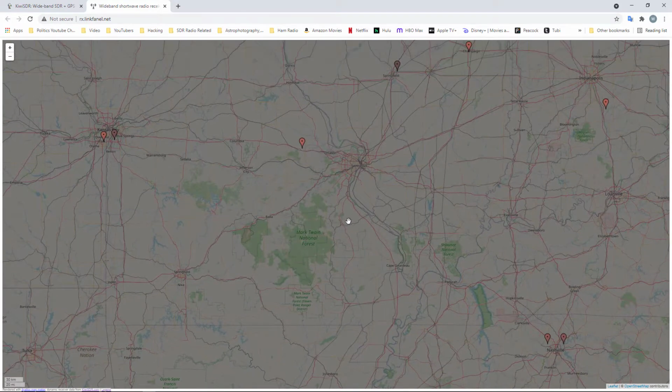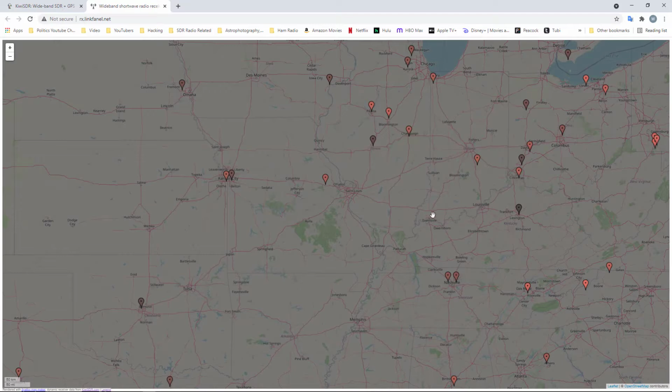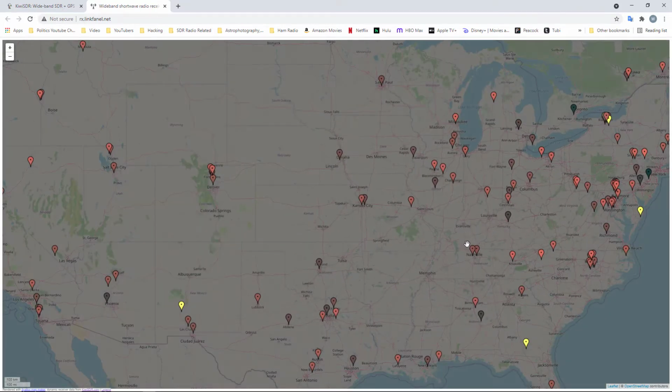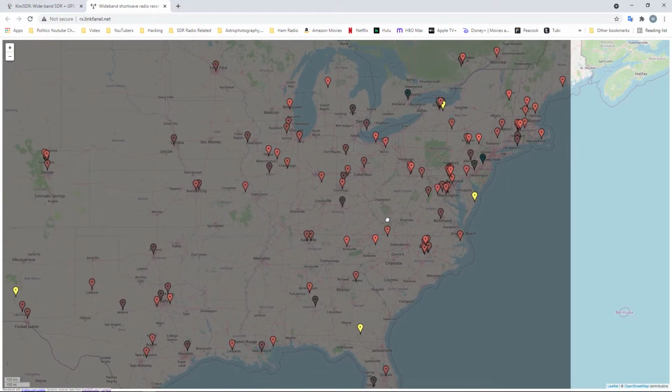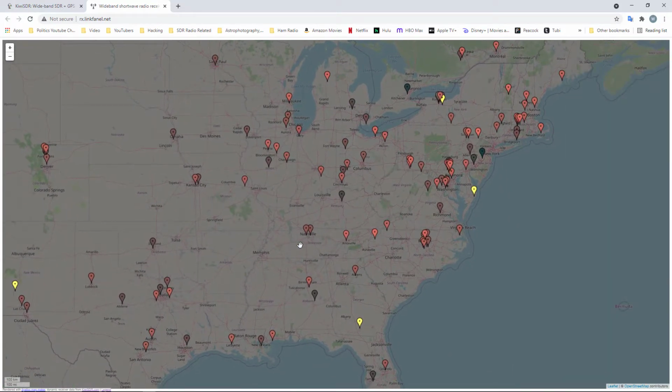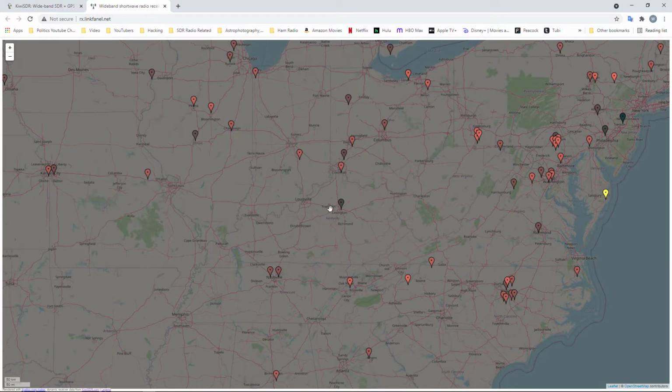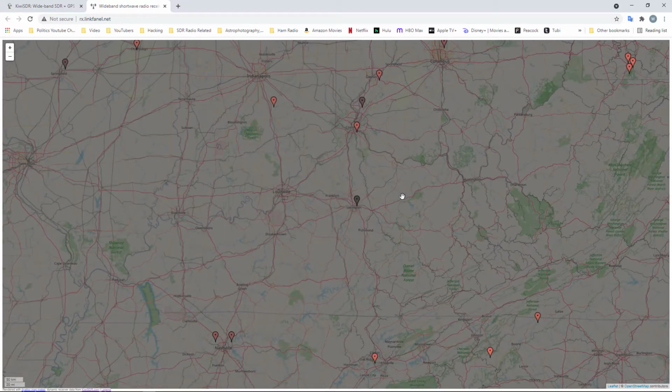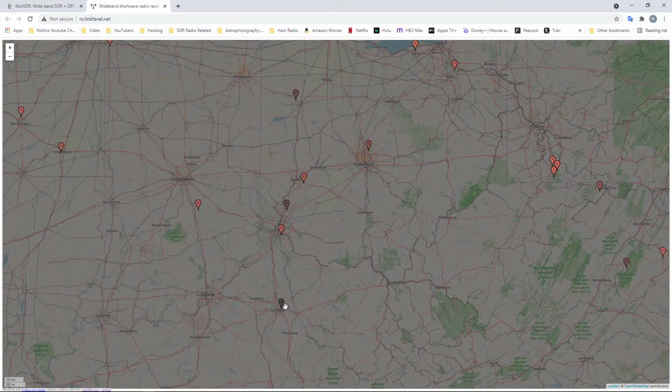Oh my God, where'd it go? Yeah, you can get lost real easy if you're not paying attention. My geography isn't the greatest, so I'm not able to move around the map.